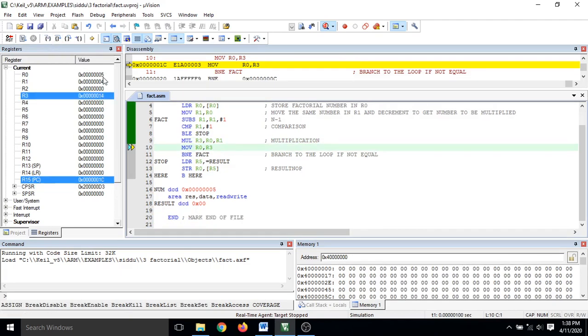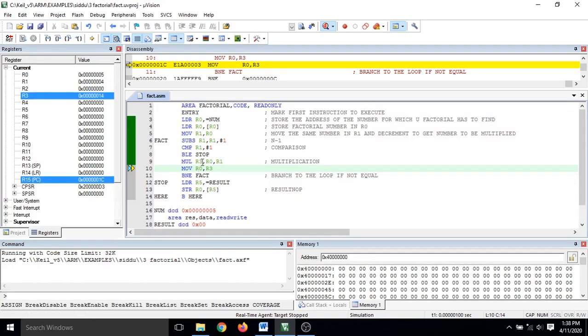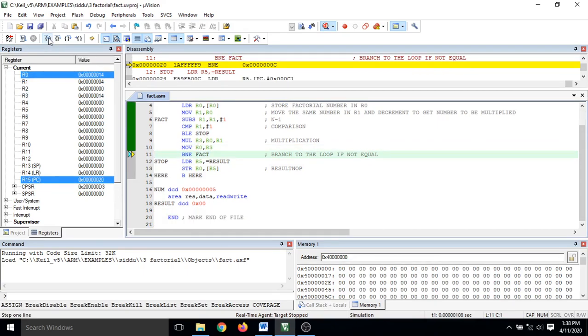As you can see here, 5 4s are 20, which is in decimal. If you convert that into hexadecimal, you end up with the value 14. So this 14 will be kept in R0, so that when you do n minus 1 again here, it should be 14 into again n minus 1. That's why I'm going to check again whether it is equal. As it is not equal while doing this comparison,